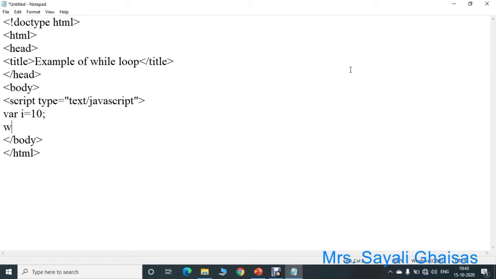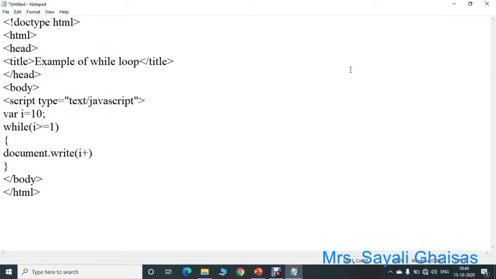Then we have to use a while statement. Within round brackets, we have to specify a condition. Suppose i is greater than or equal to 1. Until this condition is true, the statement should get executed, that is, document.write in brackets, and i's value will get printed.